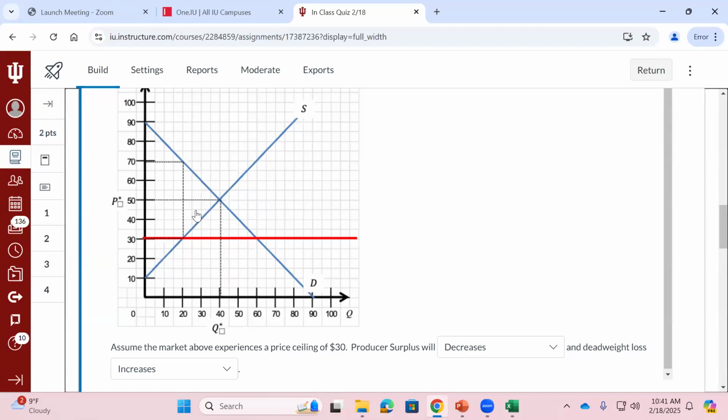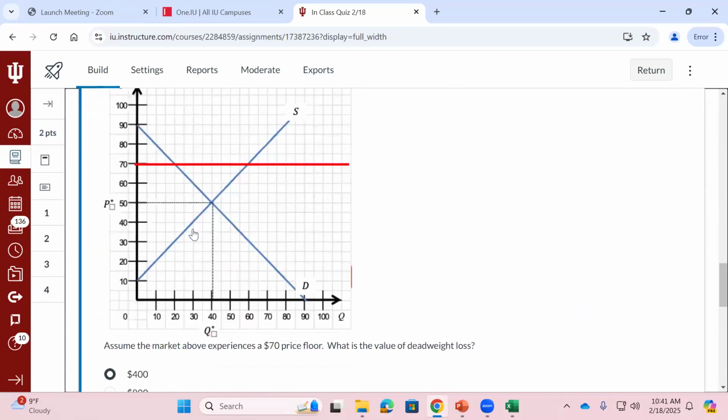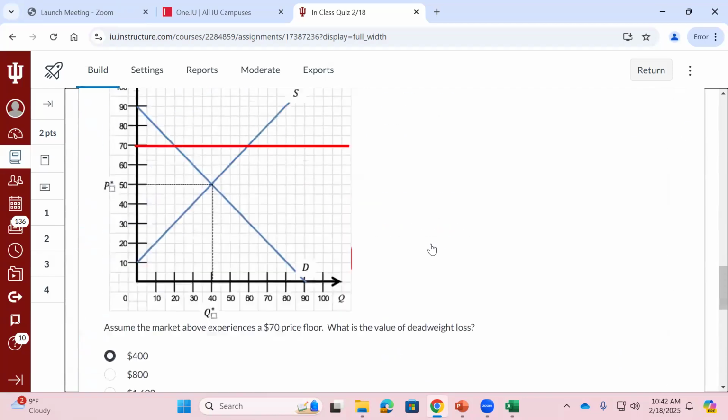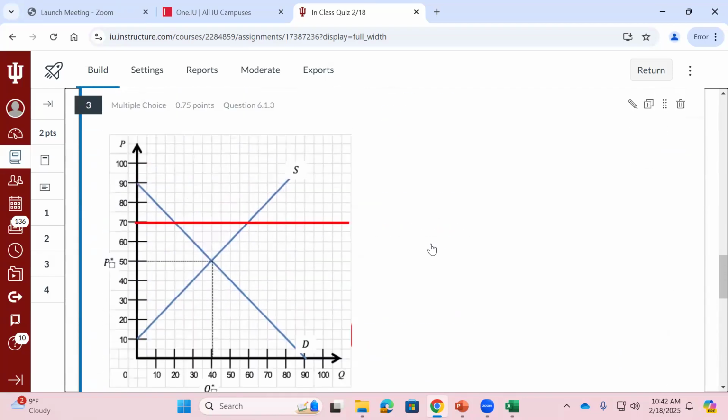Any questions on this idea before we keep moving here? Okay. So I want to set us up for next class with the last 2 questions. And maybe you could already guess where I was going with this. But let's say instead of a price ceiling, I'll do number 4 first because it's easy. So let's say we had the equilibrium price here, and I think I had it to be 50. Let's say we impose, instead of a price ceiling of 30, let's say I impose a price